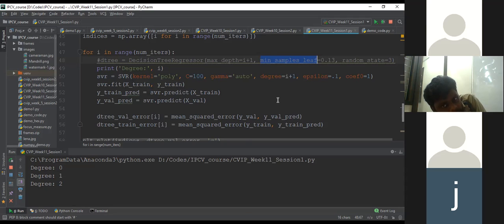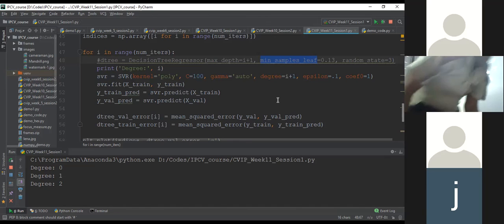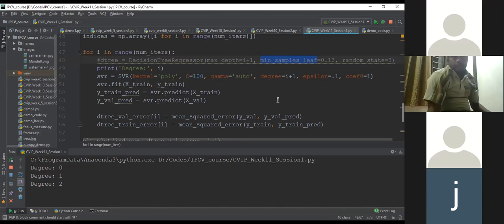Pratibha ma'am, are you able to understand whatever I said? Concept I have understood, sir. Can you explain in your own words the task I have asked?